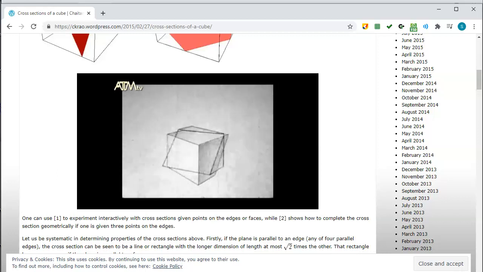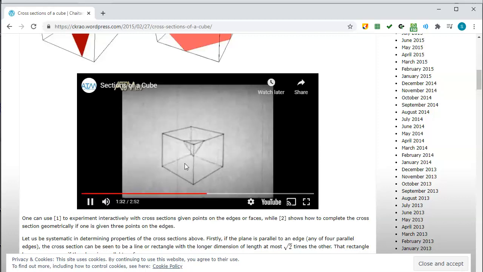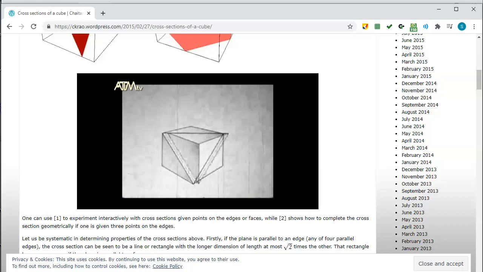That one's sneaky, and that one's hard to remember. Here we've got another triangle, and that one might be an equilateral triangle. But then I think they're going to go just a little bit further